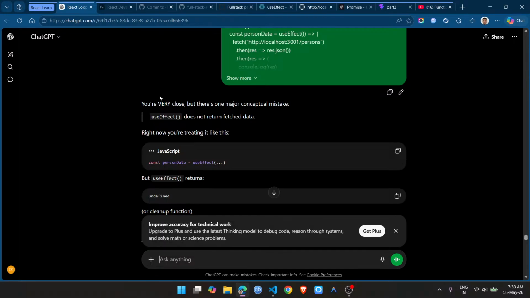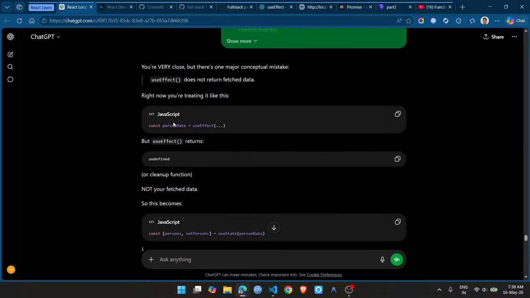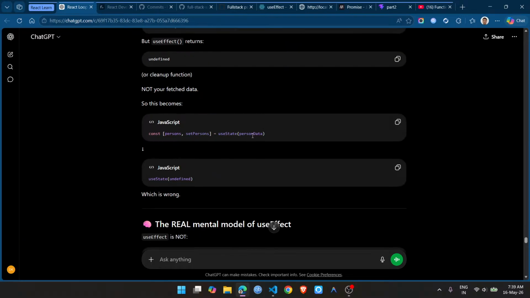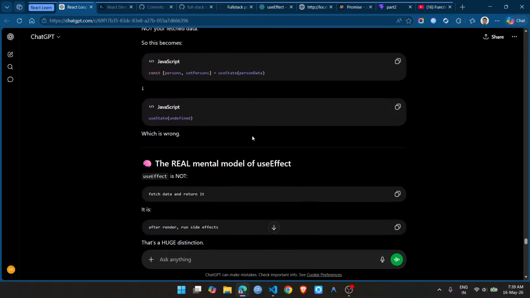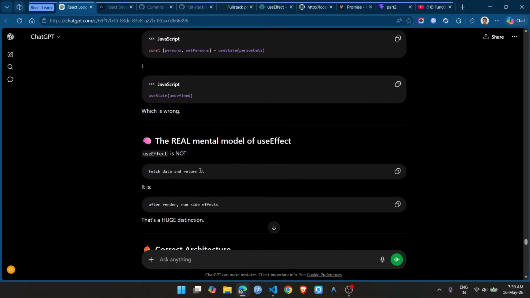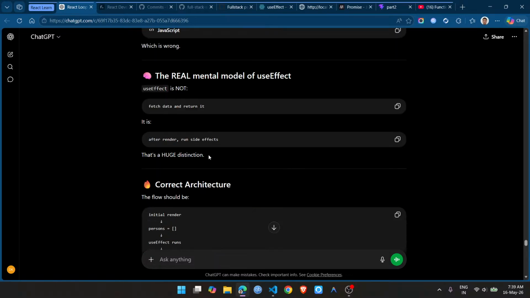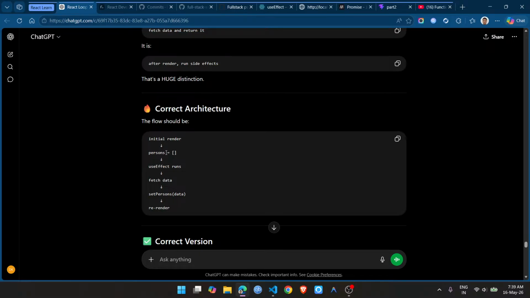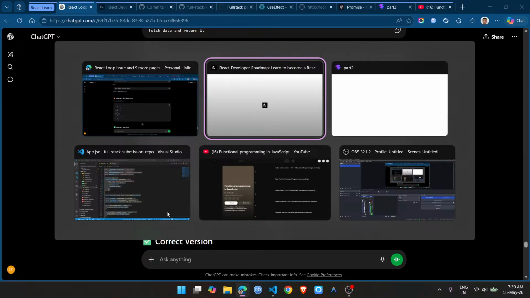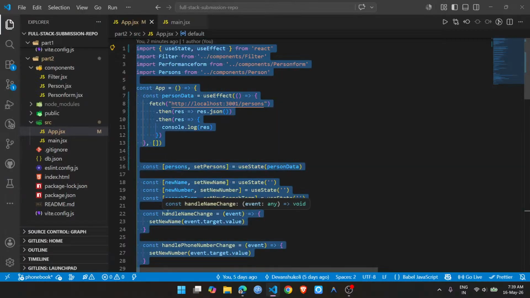Okay, again they said that I am very close. Right now you're treating it like this, but useEffect returns undefined or a cleanup function, not your fetch data, so it becomes undefined, which is wrong. Fetch data in useEffect is not fetch data, it is after render run side effects. That's a huge distinction. Correct architecture: the flow should be like the initial render person should be empty, use effect fetch data and set person's data to re-render. Okay, if that's what they are saying, then